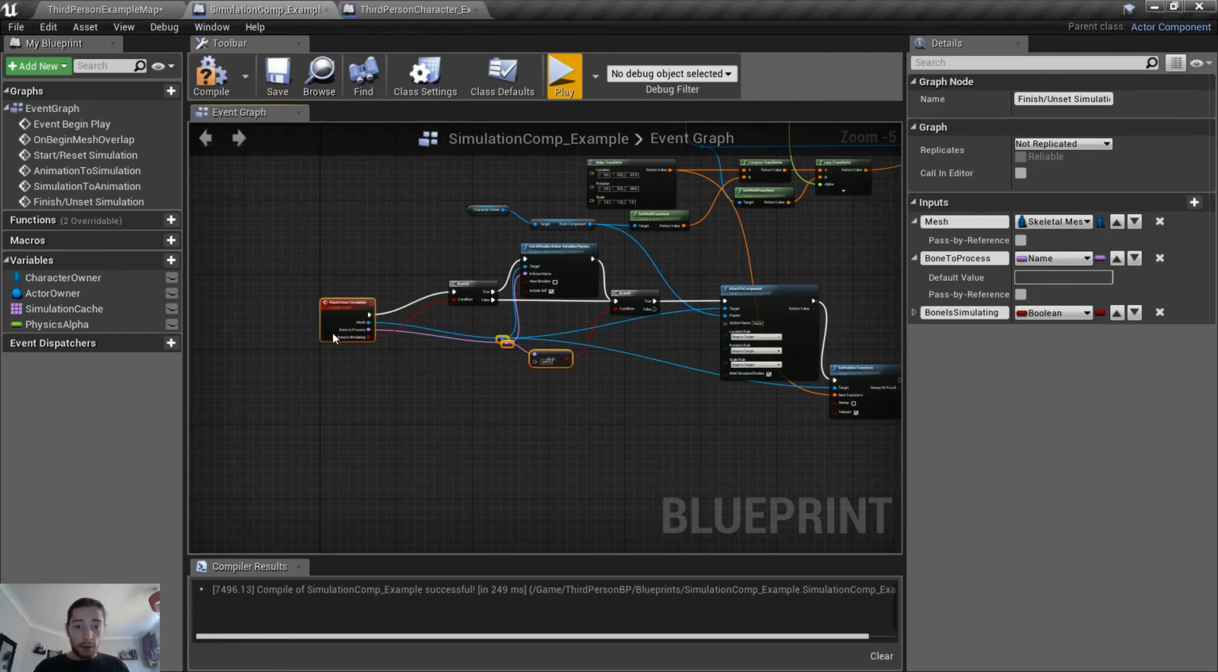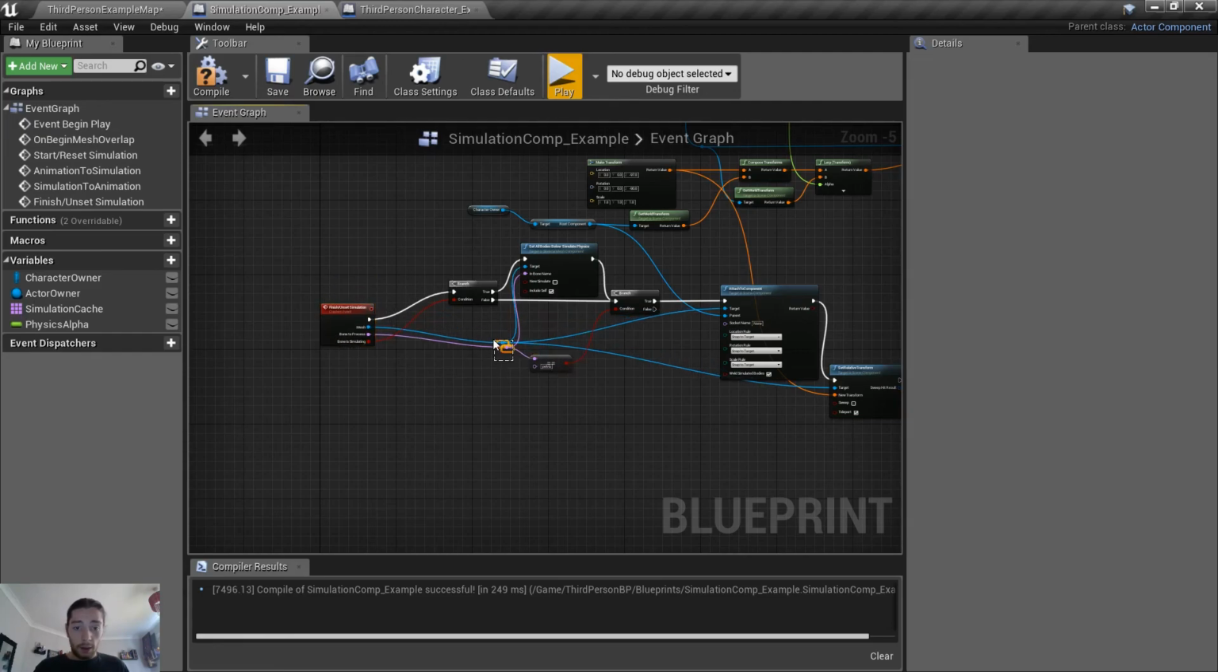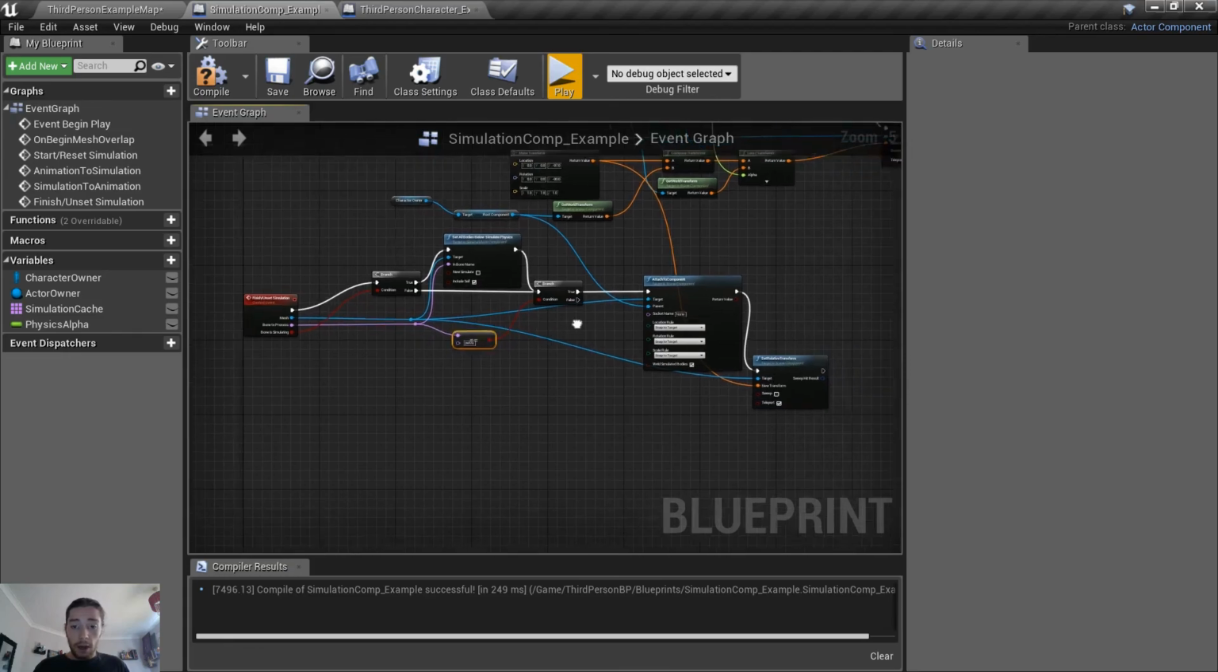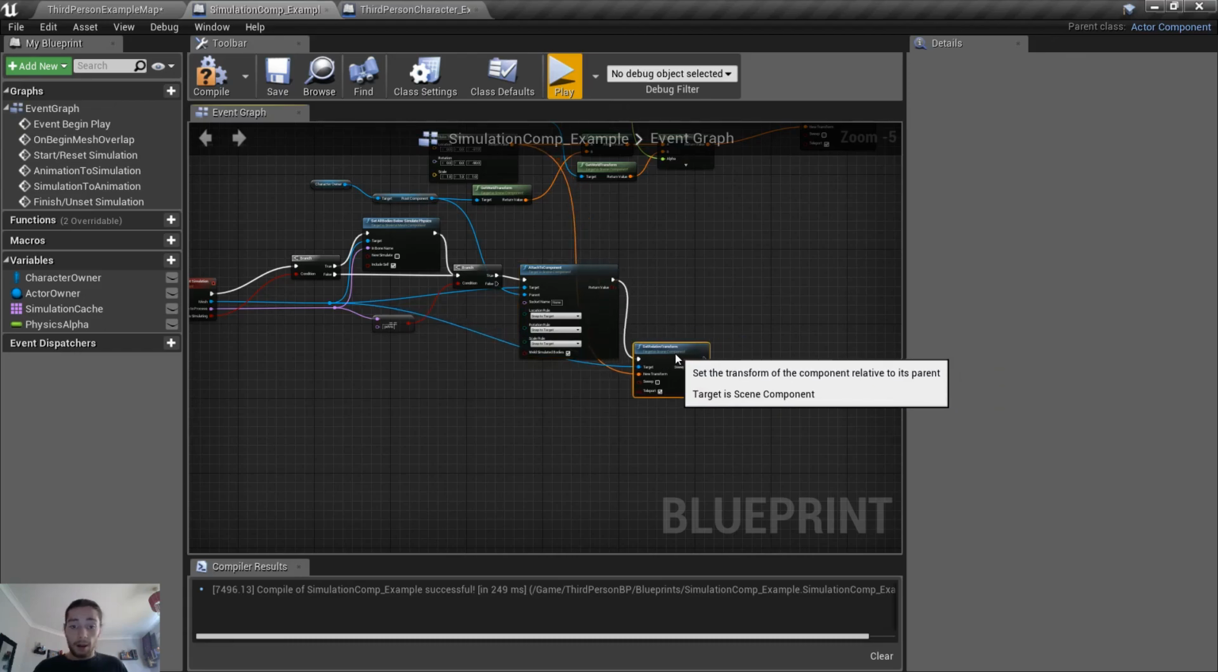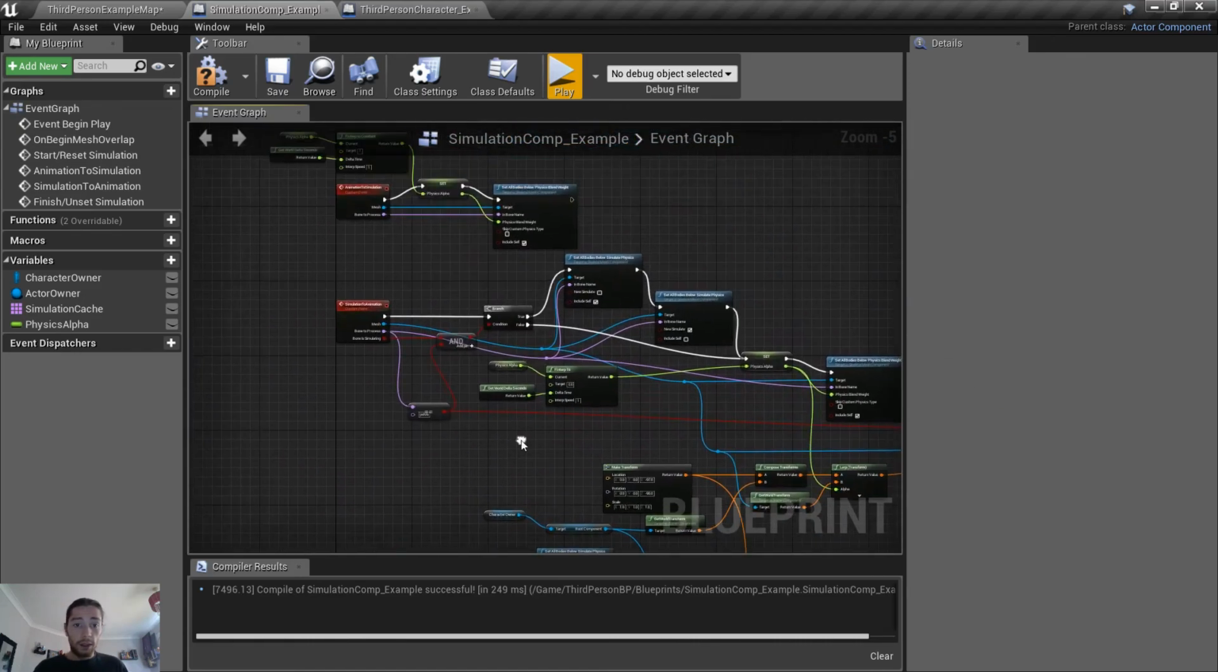I'm going to take a little break and have something to eat because I'm really hungry, and then I'll come back and I will put all these together